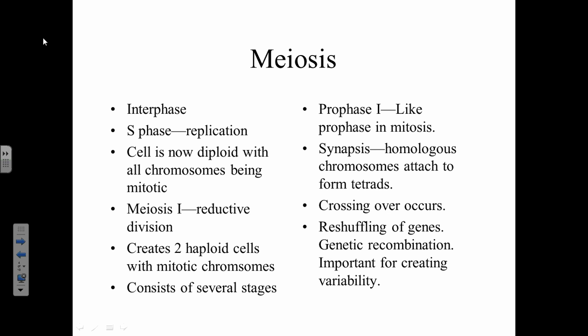Interphase before, cytokinesis after. What's one of the main things that happens during interphase that's important for cell division? The DNA gets copied, specifically during the S phase of interphase, replication. That happens before meiosis. That's important. DNA is copied just like it is before mitosis. So you end up with a cell, a germ cell, that after this S phase is diploid, and all its